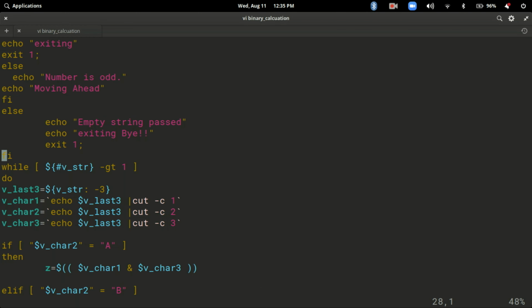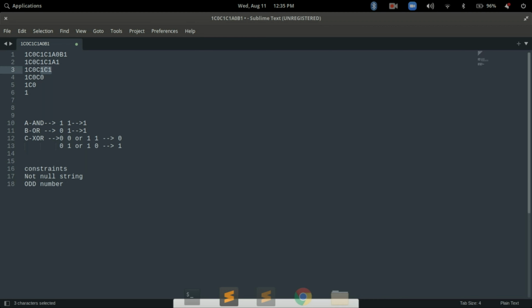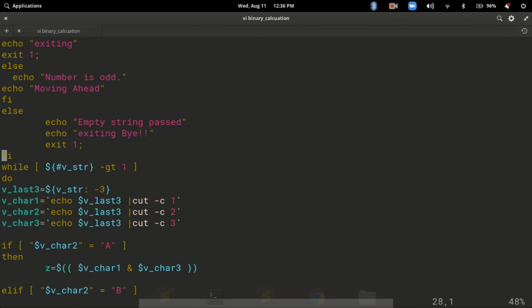This loop will keep running until the string length is greater than 1, because as soon as the string length becomes 1, that means it is the last output of that string and we don't need further looping on top of it.